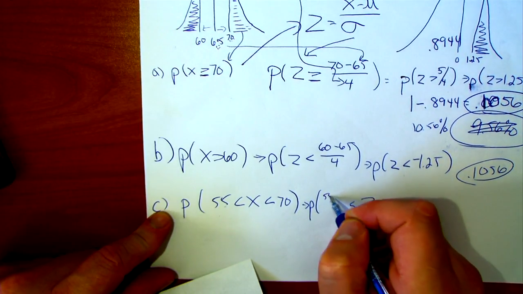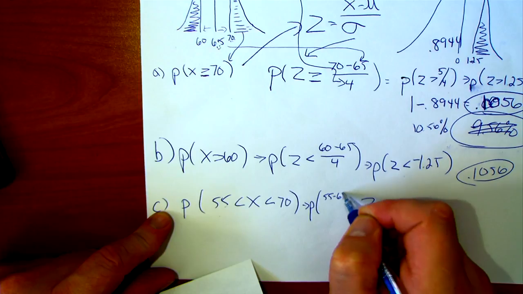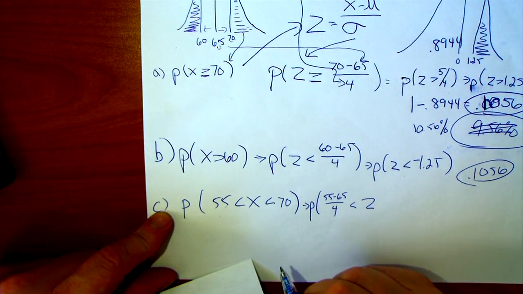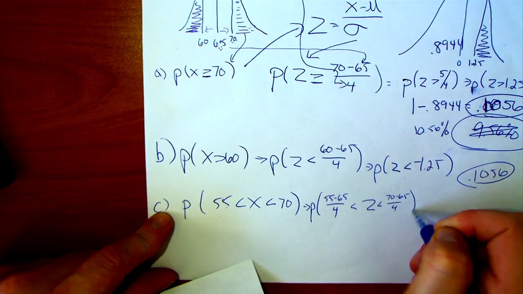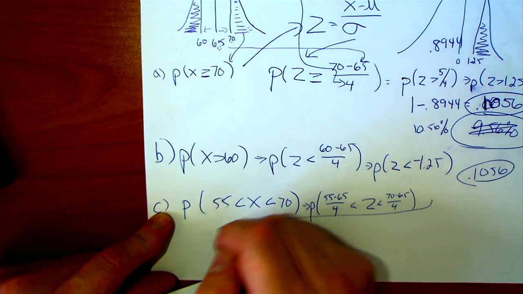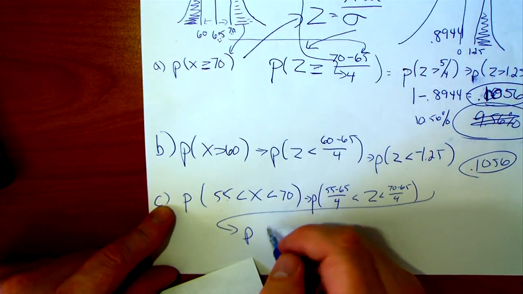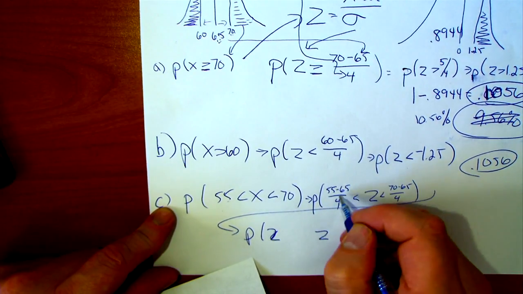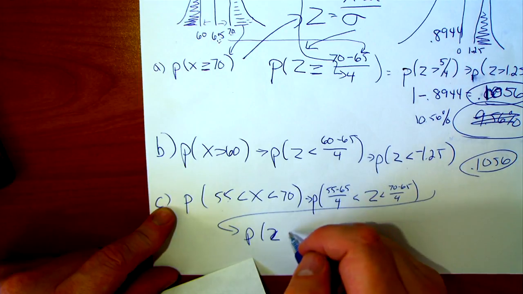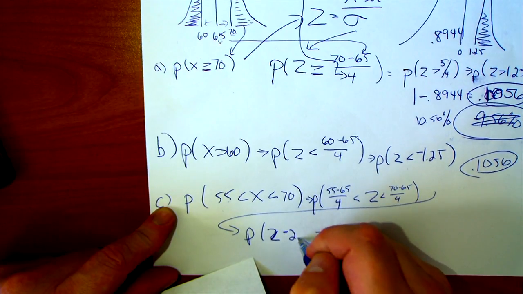So 55 minus my mean, which is 65, divided by my standard deviation, which is 4. 70 minus 65 divided by 4. That gives me the probability that z is between negative 10 over 4, that's negative 2.5,